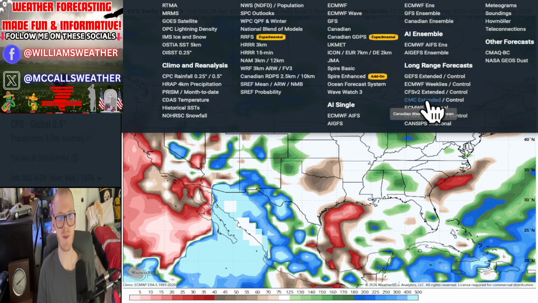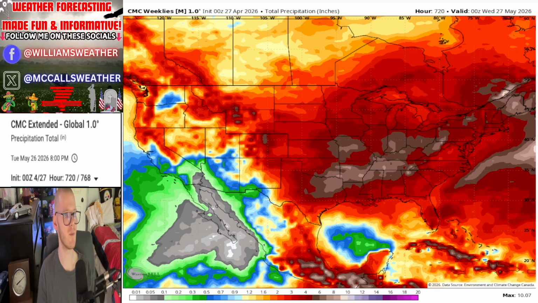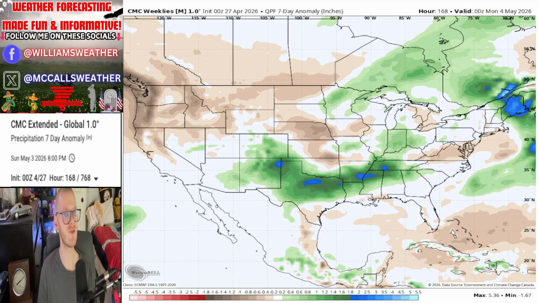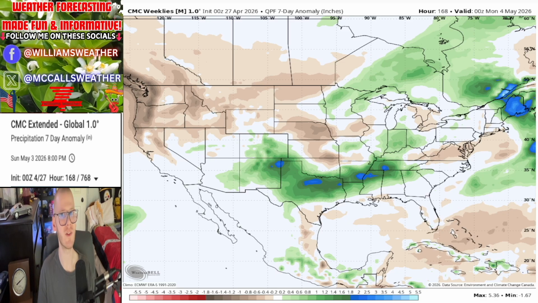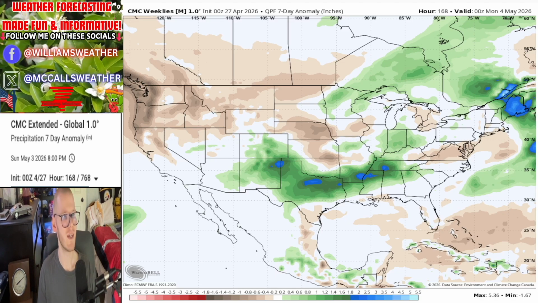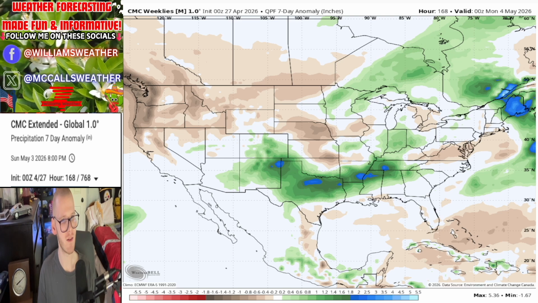Now on to the CMC model here. I know I'm probably confusing y'all, but basically GEFS and Euro Weeklies is showing the same story, with above average here in the southern half of the country, but sort of a mixed bag and a lot of uncertainties. So we head towards the middle and end of the month, but we take a look here at the CMC and compare this to the CFSv2.